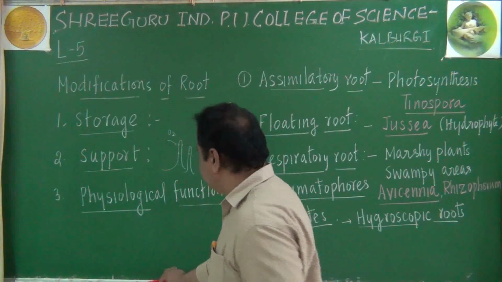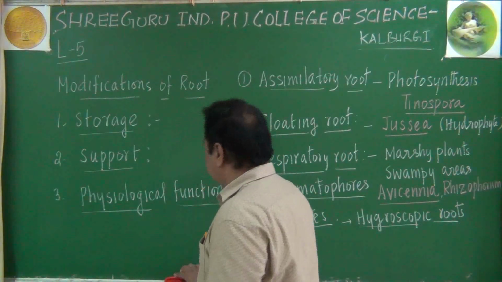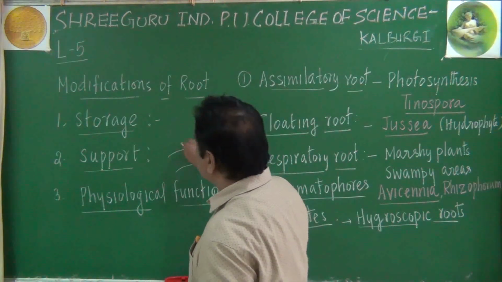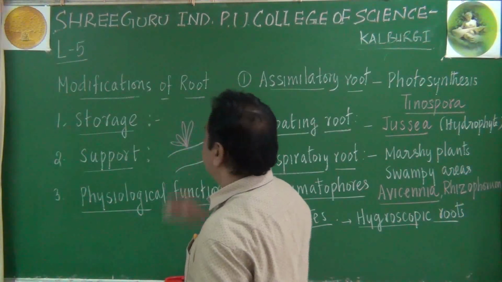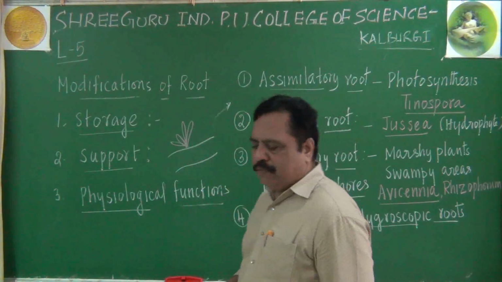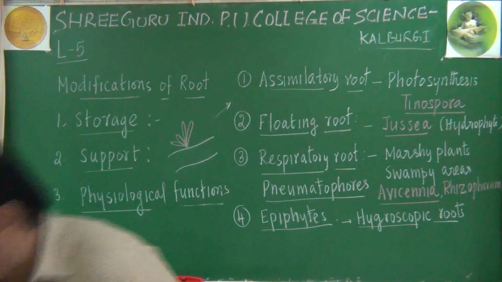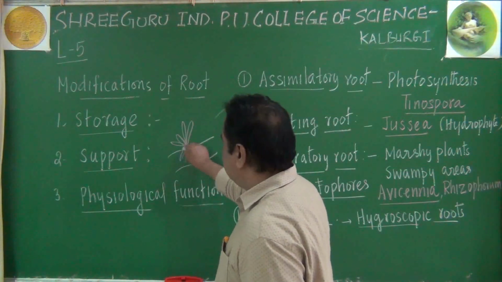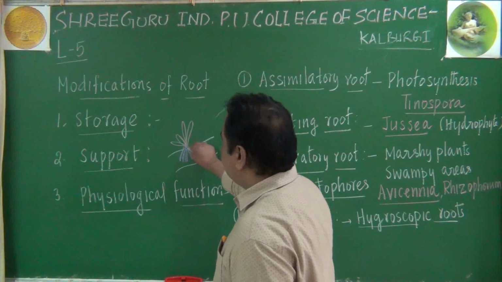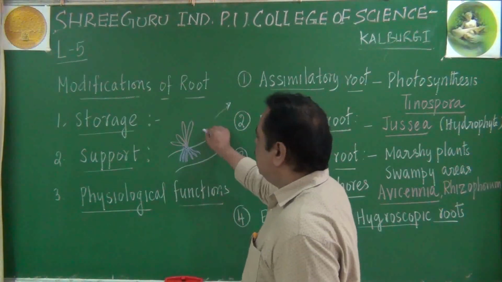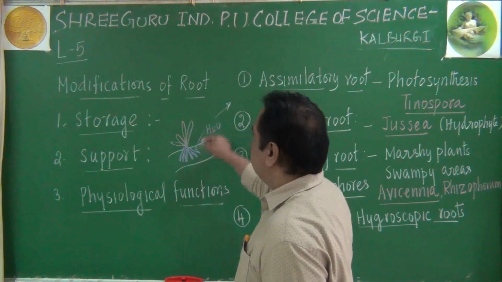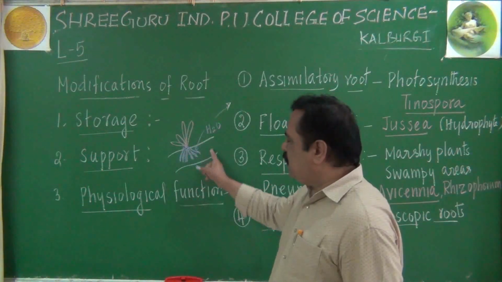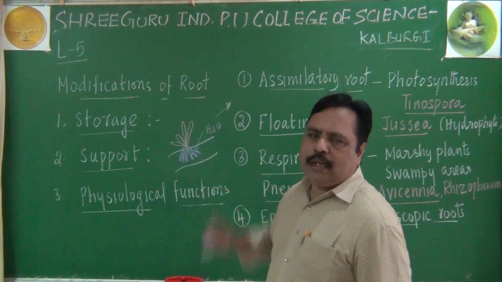Imagine there are certain plants which have a strong stem like this. Over this plant, some other plants called epiphytes will also grow. What is the speciality of epiphytes? They will produce hanging roots like this. Why are these hanging roots there? They are able to absorb moisture, water vapor from the atmosphere. They do not harm; just for a place they adapt on another plant.